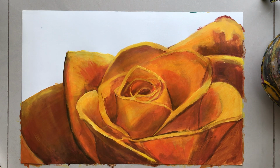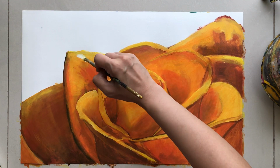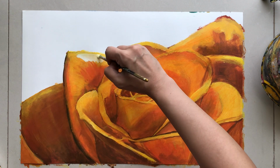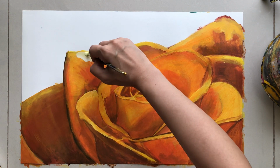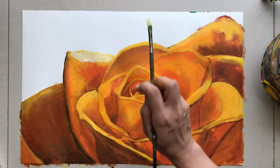I'm gonna get my brush. I'm gonna get my white. Okay. And I'm gonna go back to certain areas. While the glaze is still wet, I'm gonna take advantage of that, and I'm just gonna